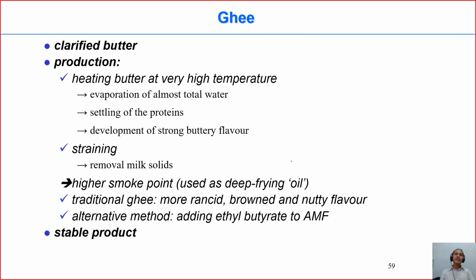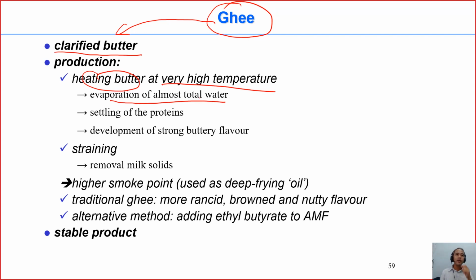Now we talk a little bit about ghee. Ghee is a similar product to butter oil, but the way of processing is somehow different. Ghee is clarified butter. From the butter, they cook it. Traditionally, they cook it for a long time at high temperature. So almost all the water will evaporate away. The protein will be denatured and precipitate, and then they can remove it. That is why they call it clarified butter. They make it clearer by removing water, by removing other dry matter components like proteins.